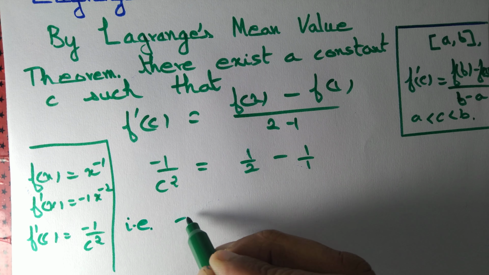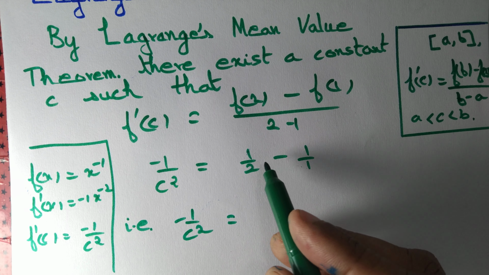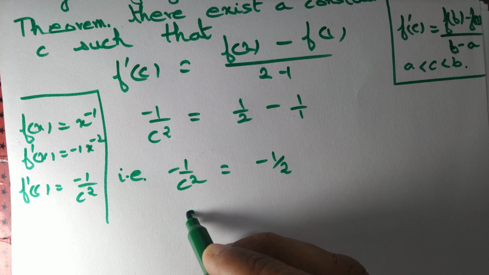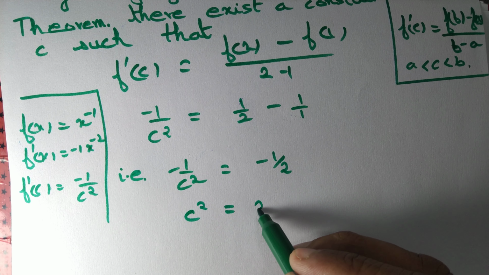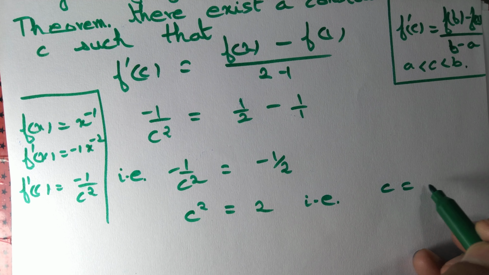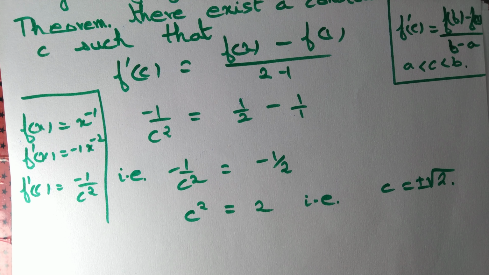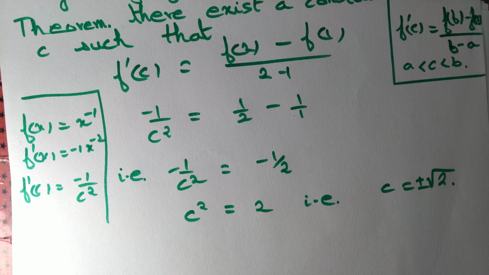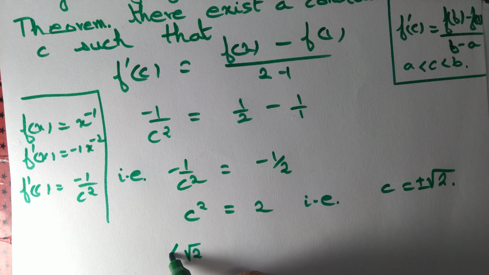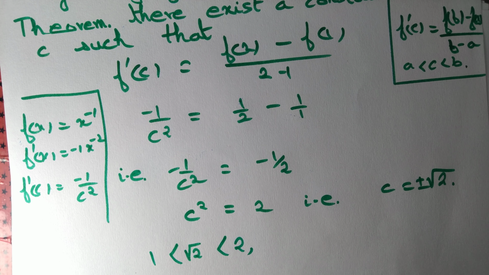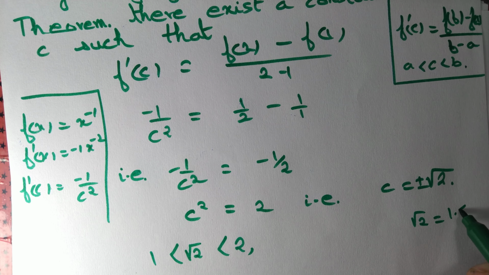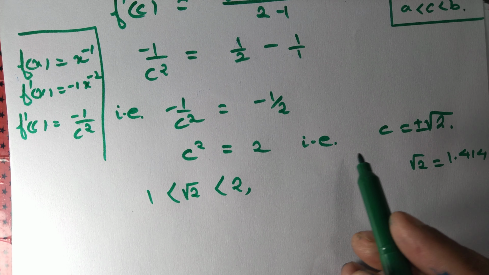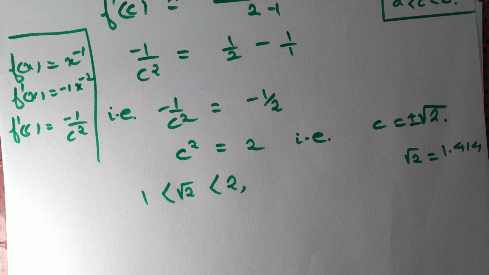That is, minus 1 by c square must be equal to half minus 1, which is minus half. So the minus gets cancelled. If we cross multiply, we get c square equal to 2. That is, c must be equal to plus minus root 2. Is root 2 lying between 1 and 2? Of course, minus root 2 doesn't lie, but root 2 is definitely greater than 1 and less than 2, because root 2 equal to 1.414. That's greater than 1 and less than 2. So we have determined a constant c equal to root 2,